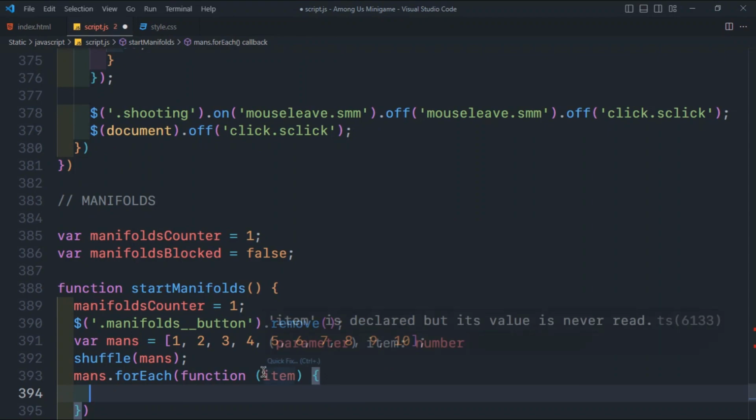So the start manifolds function is used to initialize a game of manifolds. The function first sets the manifolds counter variable to 1 and removes any existing buttons with the manifold button classes. Next, the function will create an array of numbers from 1 to 10 and shuffle it using the shuffle function. And the shuffle function is a custom function which will shuffle all the elements,